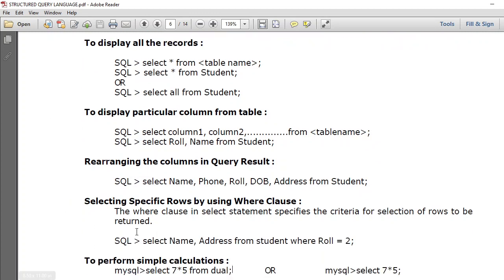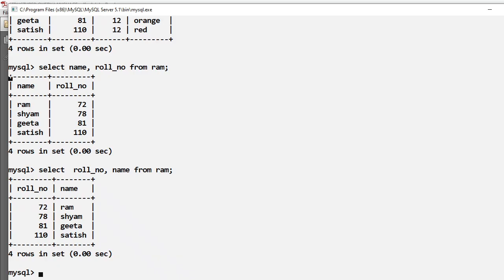Now next is selecting specific rows by using where clause. What if I want to see any particular row? Let us suppose I want to see only roll number 81.